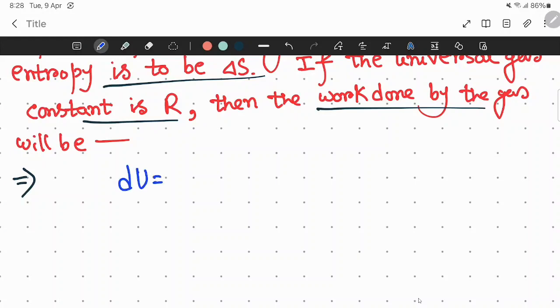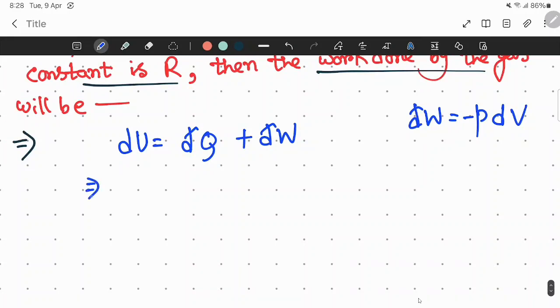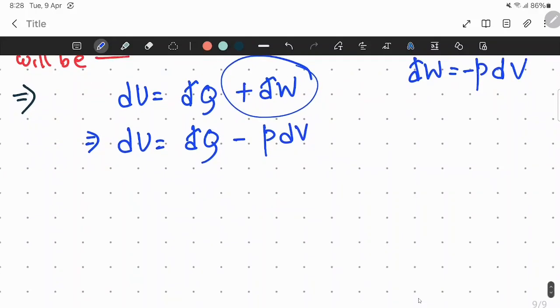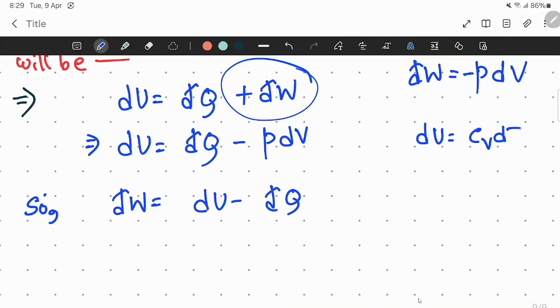We know dU equals to d cross Q minus d cross W, right? And d cross W is, sorry, PdV. So you can write dU is equal to d cross Q minus PdV. This is work done eventually. So this work done we have to calculate. So d cross Q is dU minus d cross W. We know dU is essentially Cv